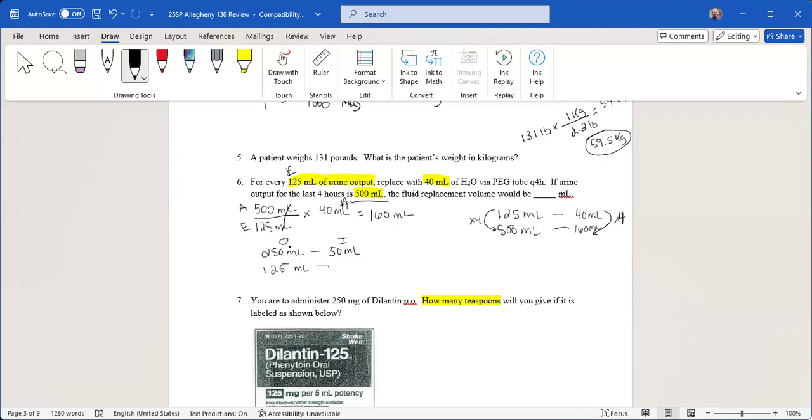I'm just getting you through this, but you can see that going from here to here is half. So going from here to here must also be half. That would just be 25 milliliters. So you might see a volume that is less than the replacement volume. That's okay, you're just answering the question. I don't think you're going to have to worry about that, but if I don't tell you now, it could be something you run into and get upset about. So, anyways,